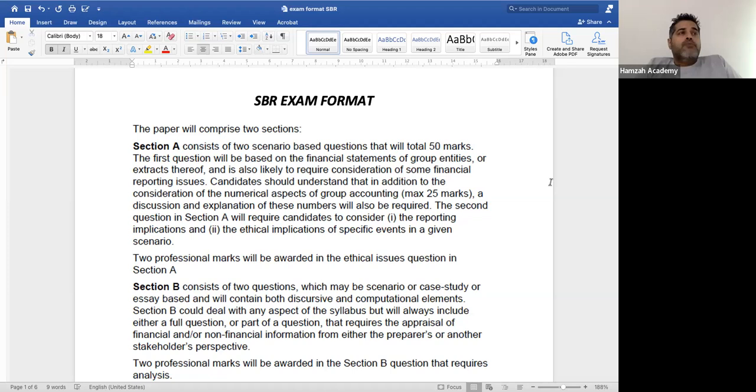The examiner is going to ask you why you have calculated a certain requirement in the specific way you have calculated. I mean, say in case you have calculated the goodwill, right? Or if you have calculated, let's just forget the goodwill for a while. Let's just say if you have calculated the